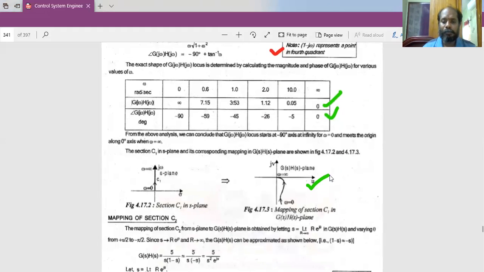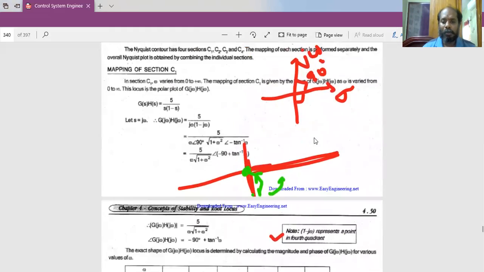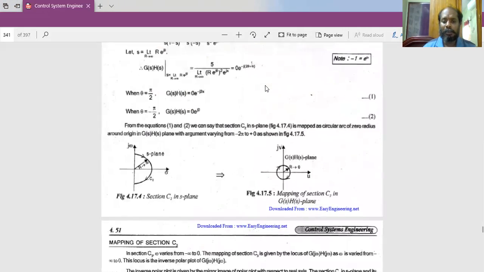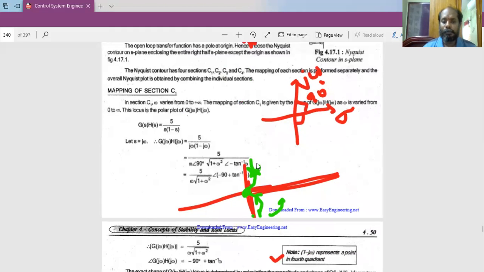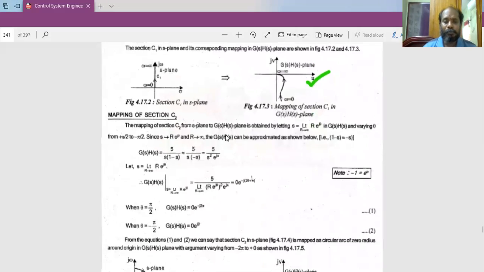We can see it here. So this section C1 can be mapped like that. So what about C3? C3 is again the mirror image of this C1. So it will look like this, and this is the direction. No, this is the opposite direction, right? It will be like this. You can see C3, and that is the direction. Yes, what I marked previously is correct. Yes, the mirror image.